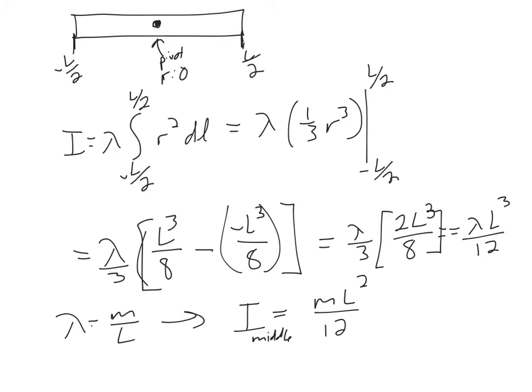Now, there is another way to do this, and that doesn't require calculus, though it does get a little bit tricky. So the other method is called the parallel axis theorem. I'm not going to explain exactly what that name means. If you're curious, you can ask me in person. Parallel axis theorem. Basically, what you're going to do here is you're going to say that the rotational inertia at any pivot